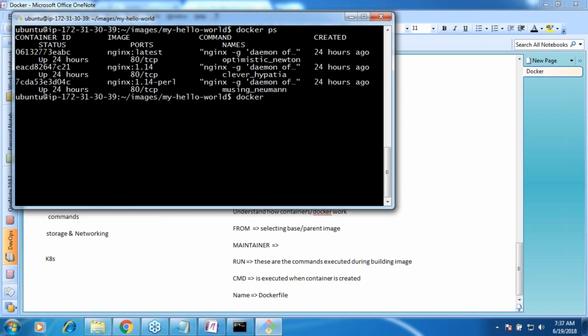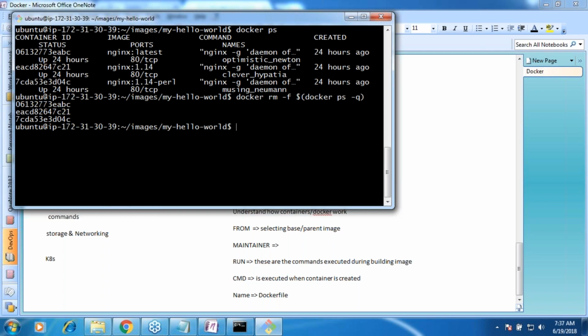I want to kill all the containers. How can I do that? Docker rm and give me the list of all the containers. Docker ps. Okay. I want to remove only the running containers. Then don't use -a. -a will give you the history of all, and I want to remove just the running containers. So I'll be using docker ps -q. If you want to remove all, in that statement you'll be using ps -a -q. I want to remove just the running containers, so I've not used -a. There you can apply whatever logic you want.